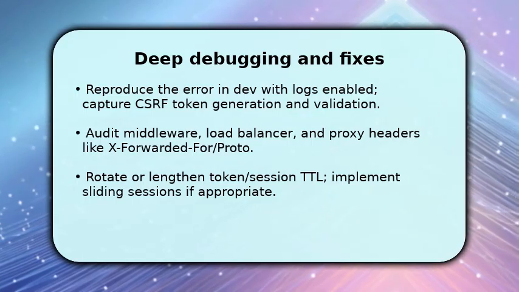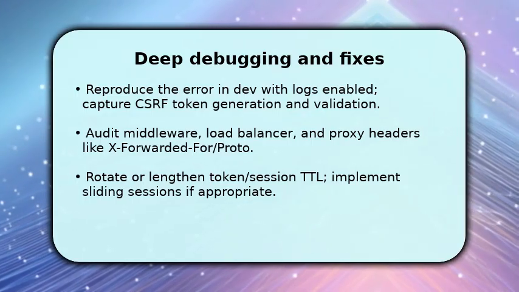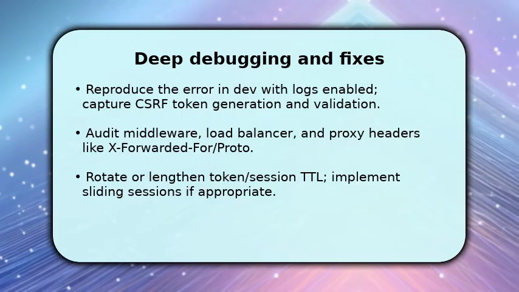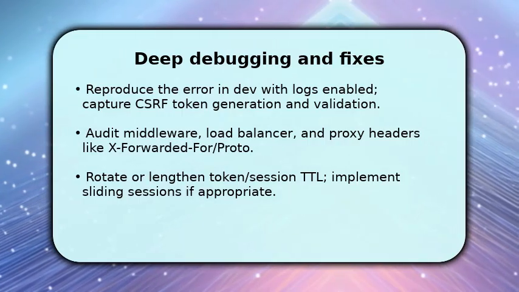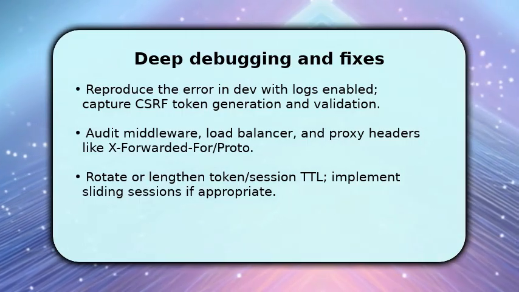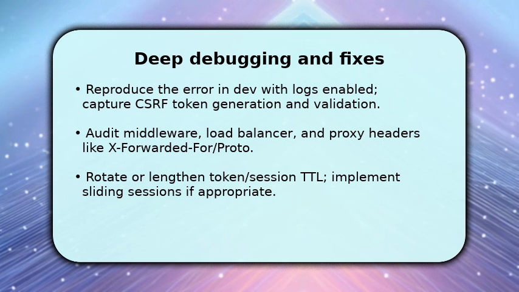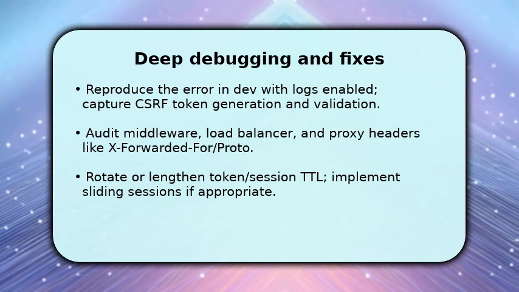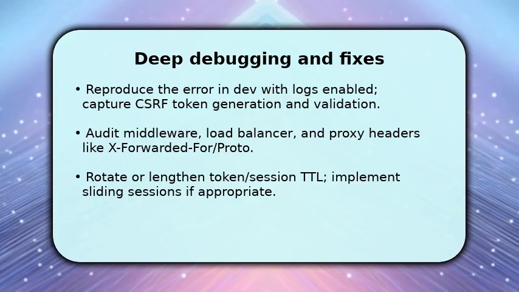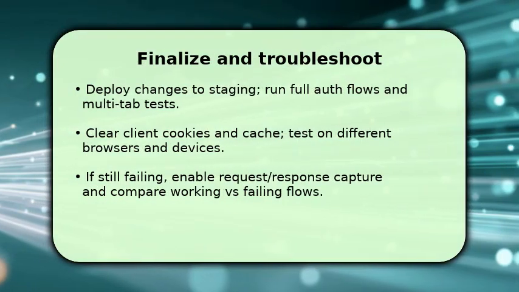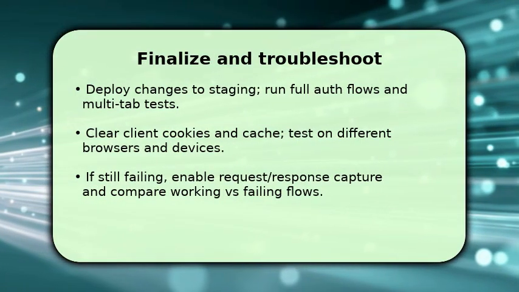Then adjust token behavior, rotate tokens safely or lengthen TTL, and consider sliding sessions to refresh expiry on activity. Make sure to test every change end-to-end. Finish by validating fixes in staging and run the full authentication flows, including multi-tab and cross-origin cases, so you confirm